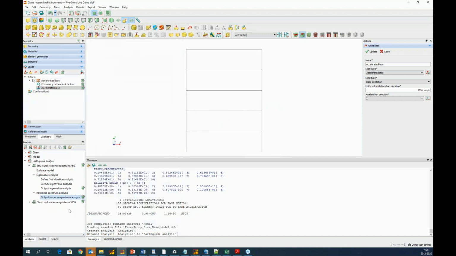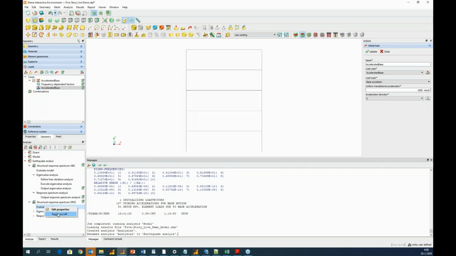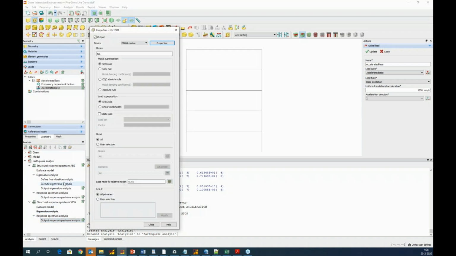So this is it. Then we need to set up the second block. Here we don't need to evaluate the model, it has been done in the previous one, so we can skip it. Oops, so I can toggle it off. Also the eigenvalue analysis can be toggled off. It's been done in the first block, so I just need to edit the output property.